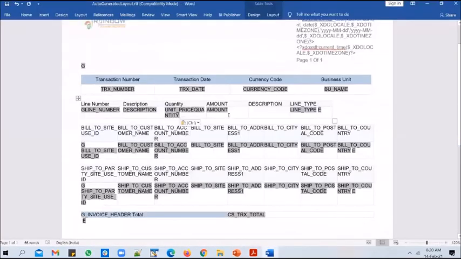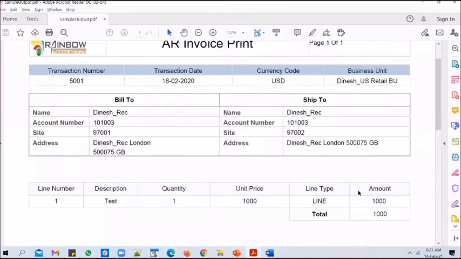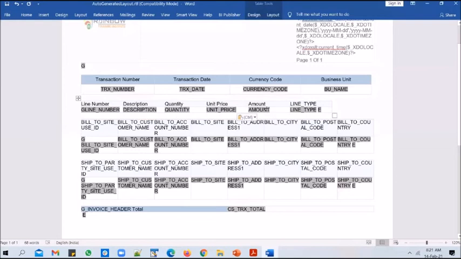And the fourth column is unit price. And the fifth column is line type, and the sixth column is amount.